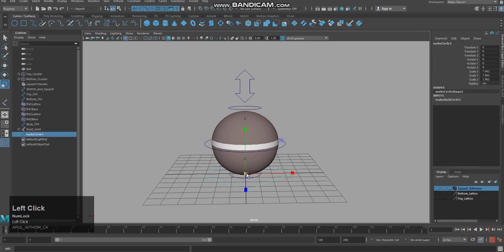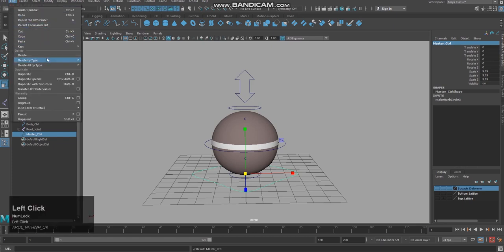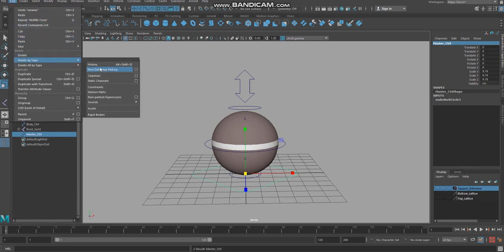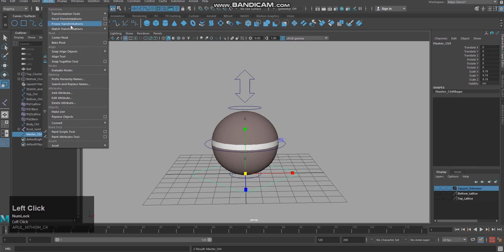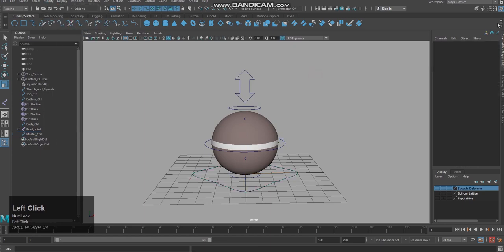Right, I'm going to make this a little bit bigger. Yes, I'm going to give the proper naming, master control. Now go to edit and delete the history, modify and give freeze transformation. Okay, now under this master control,